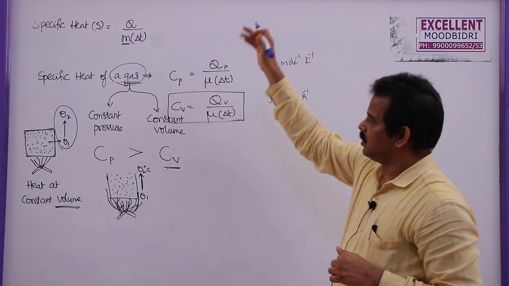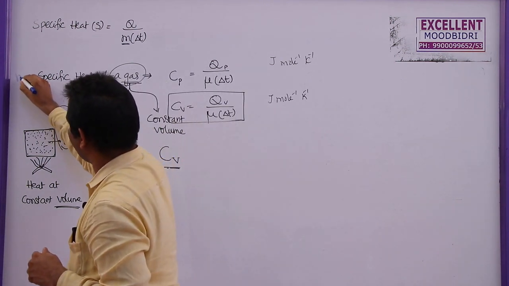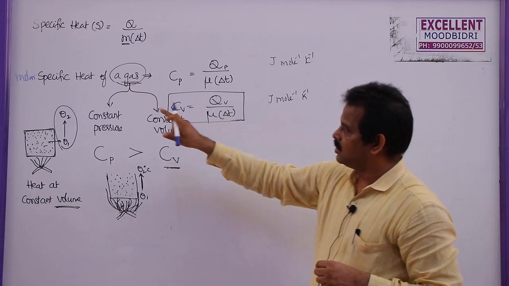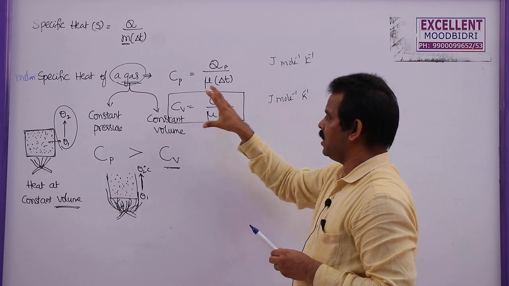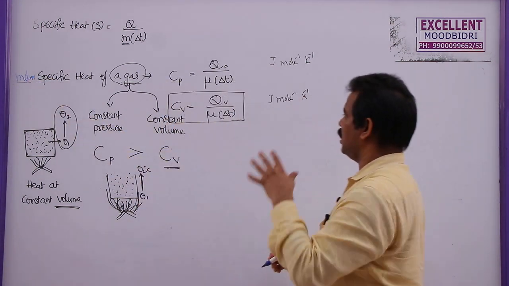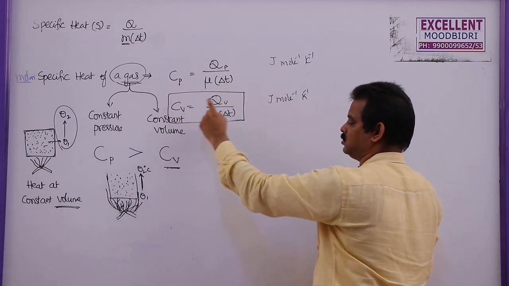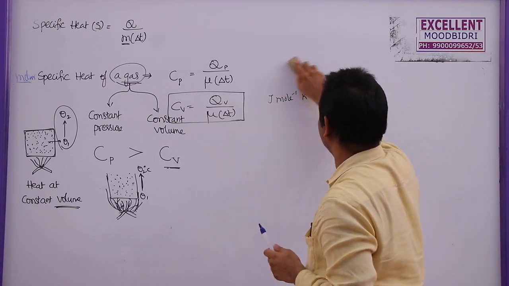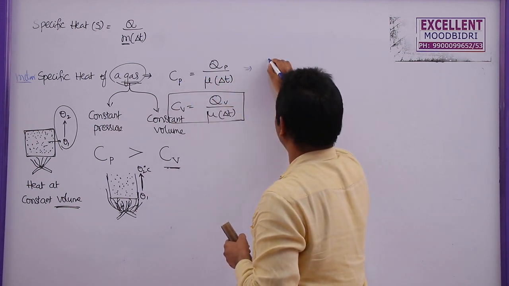Now, for solids, liquids and gases, in some books they are using this as molar specific heat. Whenever the name is given as molar specific heat, this is only for 1 mole of gas. That's why we are using this molar specific heat. So how to define molar specific heat at constant pressure and molar specific heat at constant volume? To write the definition, here I am going to write the molar specific heat at constant pressure.